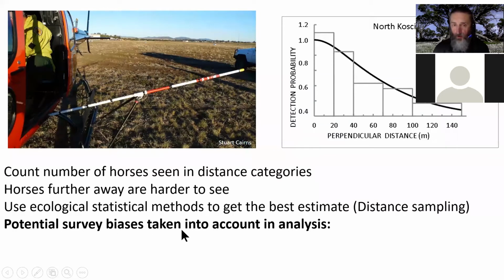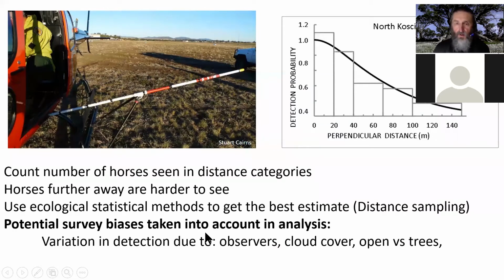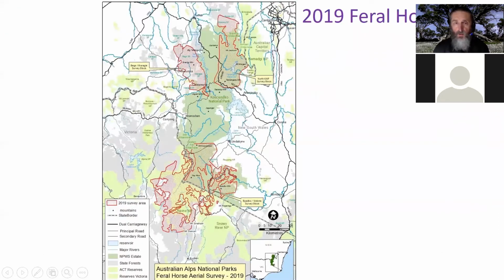Now, the method also takes into account other potential biases. These are things like variation due to different observers, variation due to cloud cover, differences in detectability amongst open areas and trees, and the size of the horse clusters. All of these things are accounted for in this analysis. So it's quite sophisticated and comprehensive, and it's the best count that we've been able to get with the funding that's available, and we'll see that it's a good count. So what they came up with